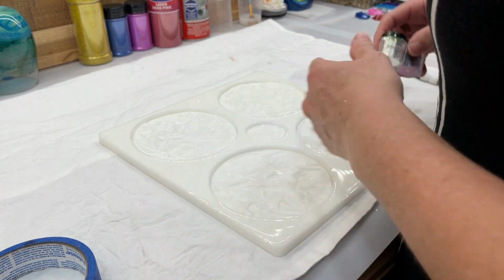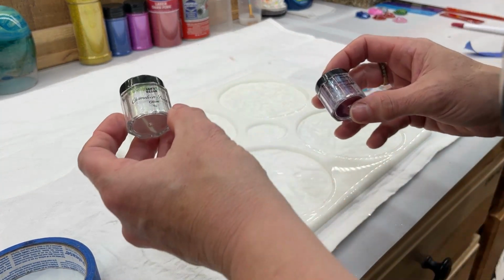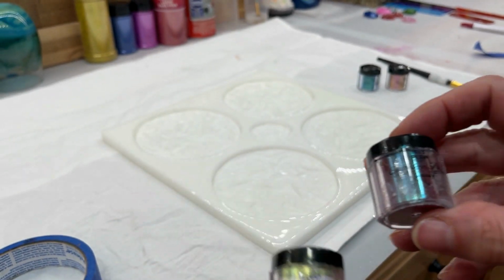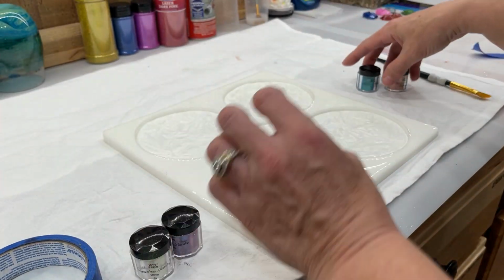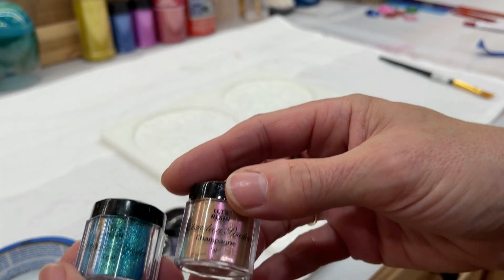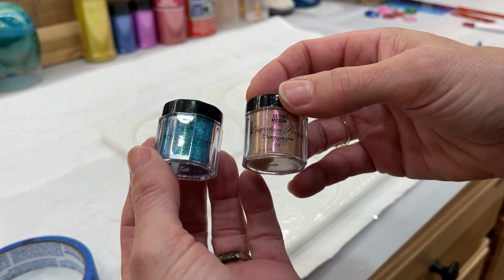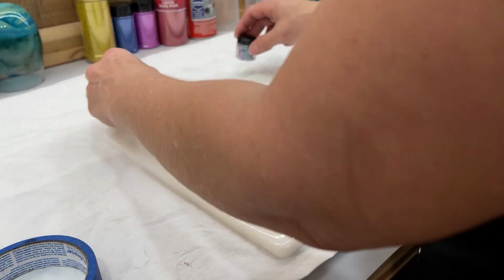And I am going to be doing the chameleon powders. I'm going to be doing the olive. This is by Let's Resin, the galaxy, and I'm going to do the teal and the champagne. Oh, sorry, I'm out of focus. The teal and the champagne. So we're just going to paint these on with a dry brush, one in each